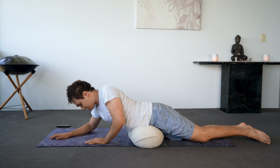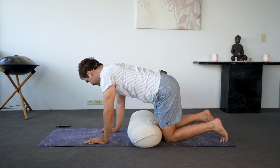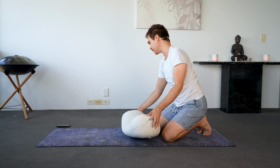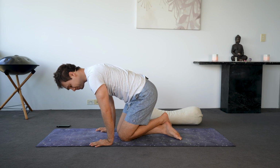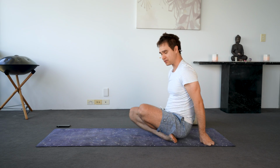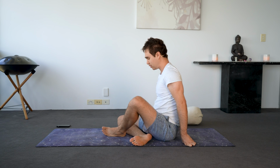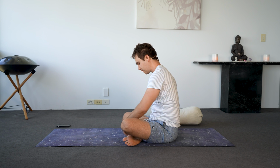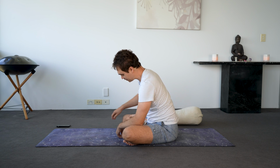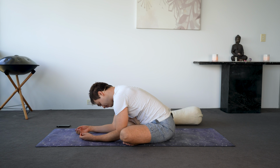Connecting with the mat and pressing yourself upwards, taking the bolster out from underneath us. And coming into a square pose now. So right leg is going to connect on the mat, left leg is going to stack on top. Just very gently, at your own pace, folding forward,